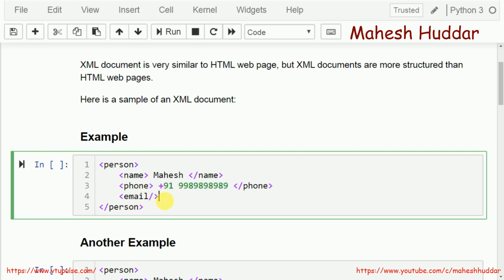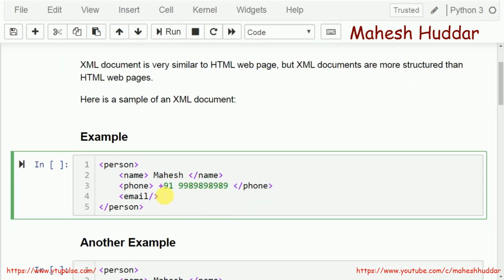That is the reason it is written with the help of a self-closing tag. So it can be written with the help of a self-closing tag, or it can be written separately also. There is no issue. In this case, we can write it something like this also, that is opening and closing tag separately. But because it does not have any content, it can be written with the help of a self-closing tag. That is the best option in this case.